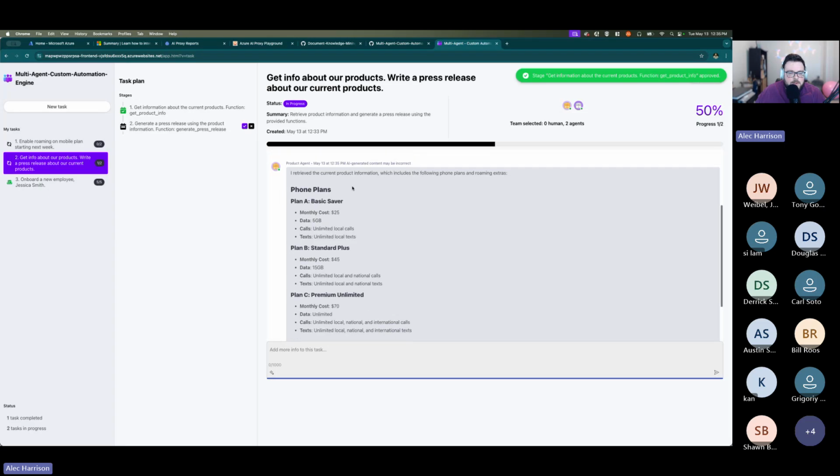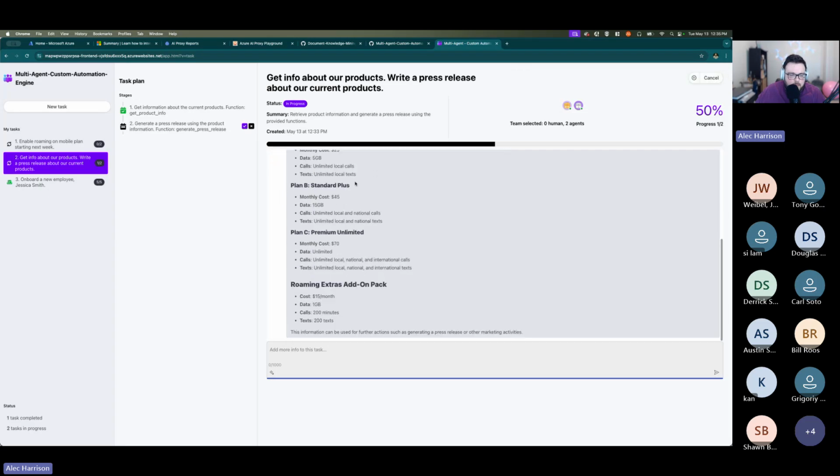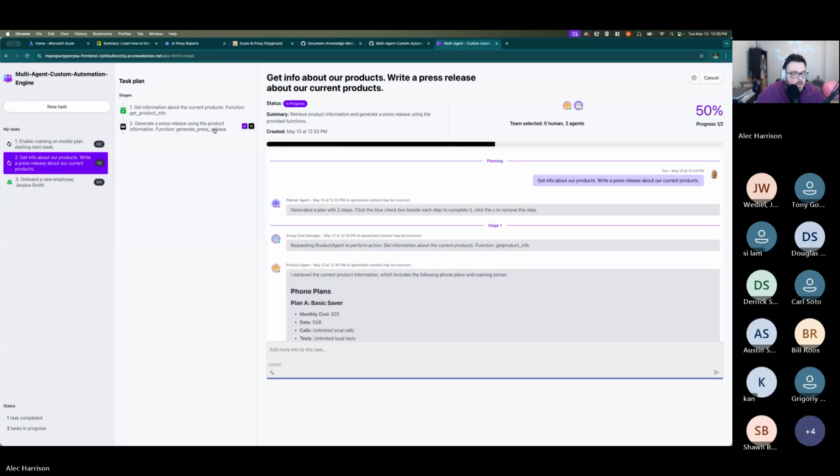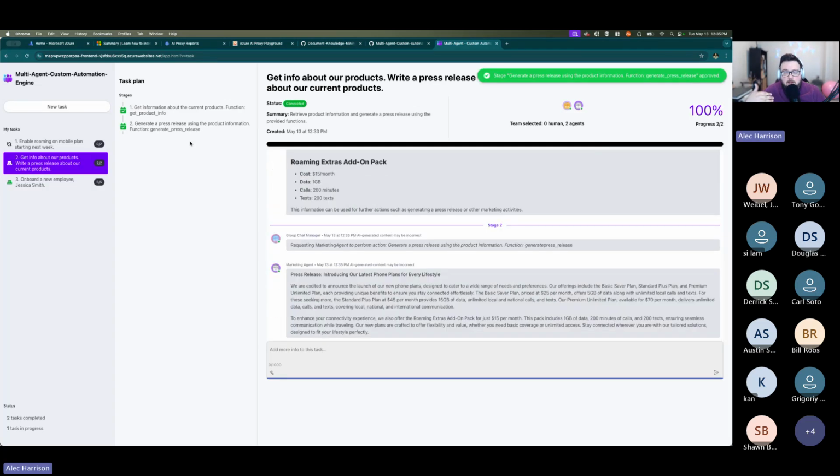There it goes. So we have all this information of all of our products and phone plans. And then we could have the function of generating a press release. In that PR example or release note example, you could get all my release notes or PR commits or backlog items, and then use that to generate, maybe, a change log or a diff or something like that I have to publish due to some sort of compliance reason.